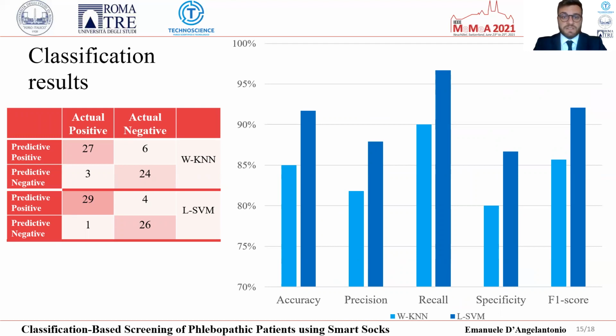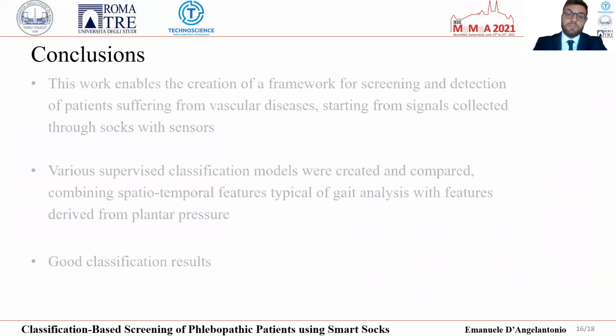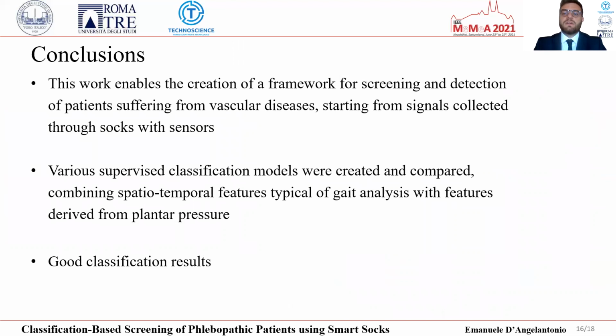In conclusion, we can assert that this work enabled the creation of a framework for screening and early detection of patients suffering from vascular diseases, starting from signals collected through SOCs with sensors. Various supervised classification models were created and compared, combining spatiotemporal parameters typical of gait analysis with features extracted from plantar pressure. I'd like to focus on the good classification results obtained with the two tested models, and in particular,